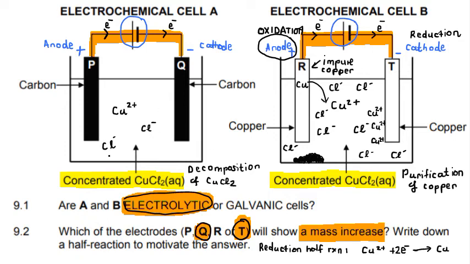You have a concentrated solution of copper chloride, and the Cl minus ions will obviously be attracted to this positive anode, so they're going to build up next to it like this, and then they are going to be oxidized. For every 2 mole of chloride ions, and when I say 2 mole I mean like that,